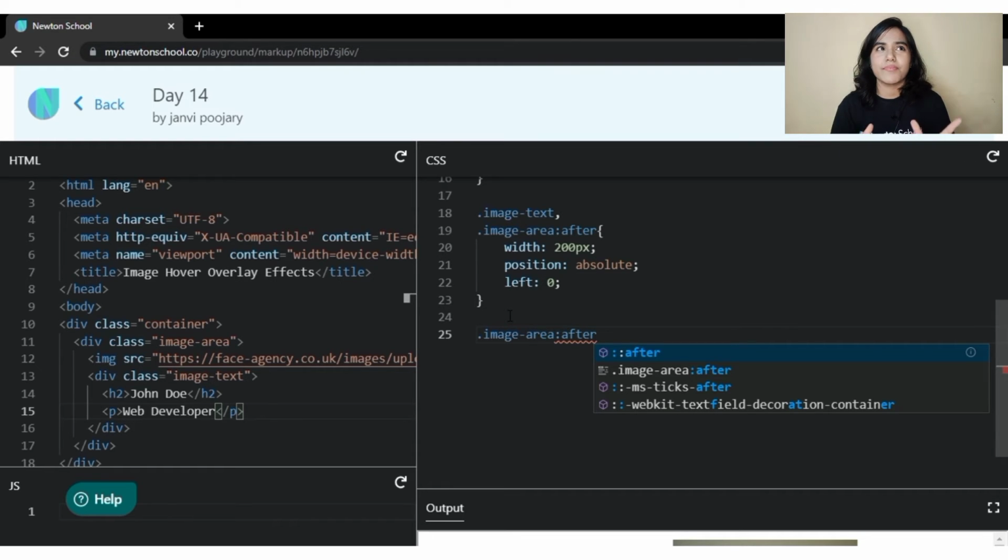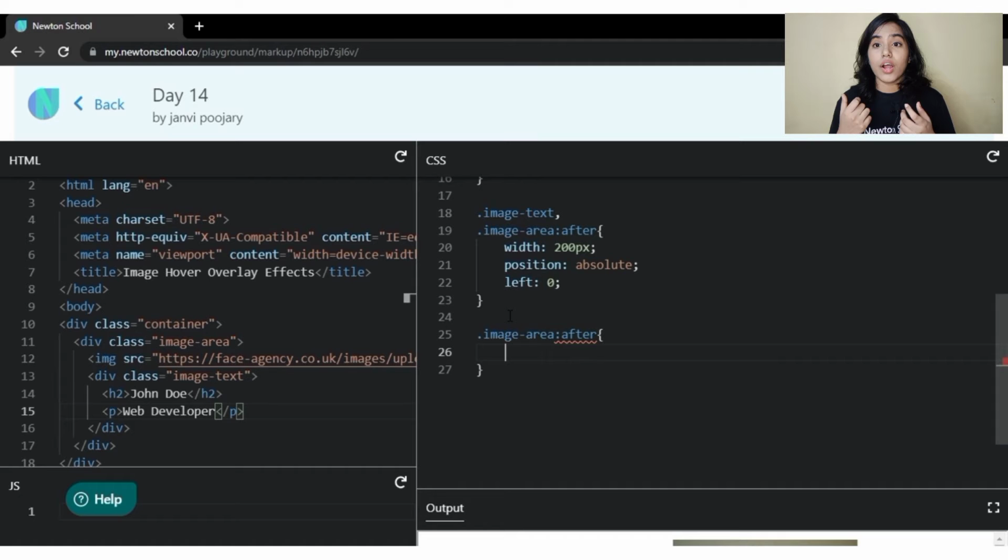Now, what is the difference between position absolute and relative? My friends, learning about positioning is very important in CSS. Otherwise, you can never do the advanced part. Whenever you want to move your element directly from its original position, like you want a huge gap, at that time you need to use position absolute.